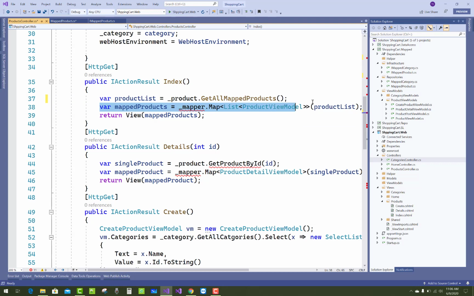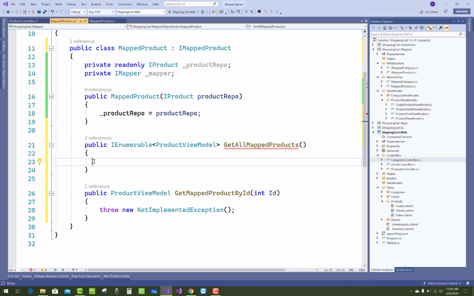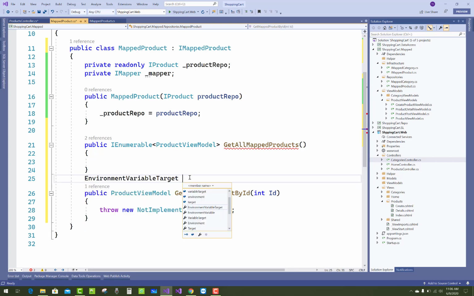And here we can use _product.GetAllMappedProduct and just remove the mapper from the Index action method, and just cut and paste, you can say.